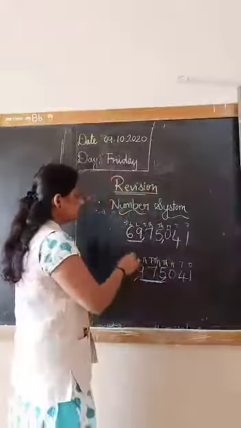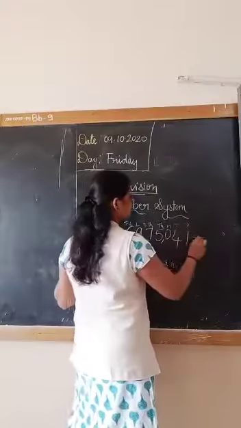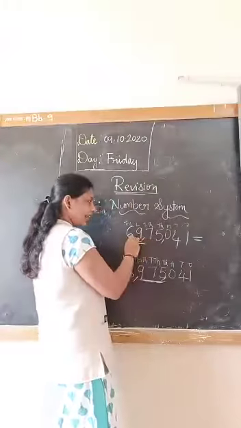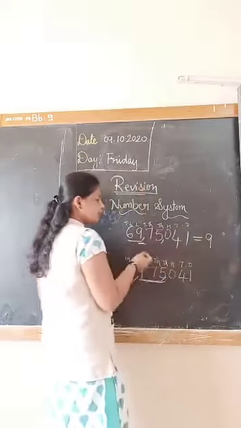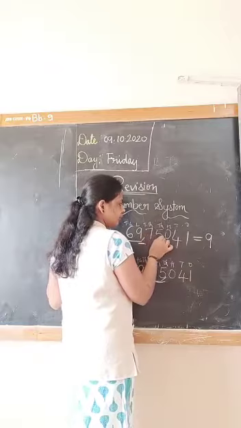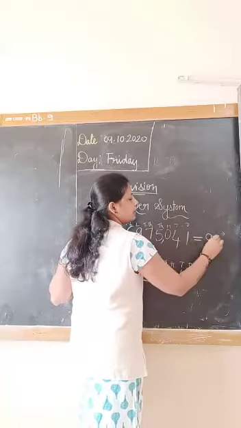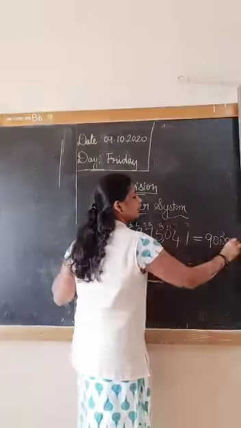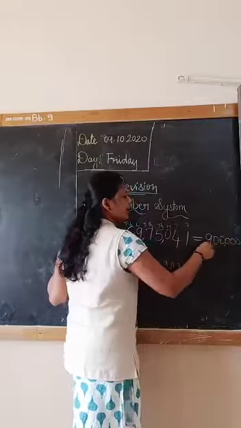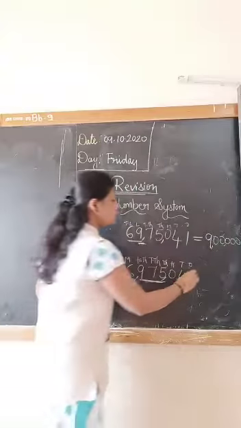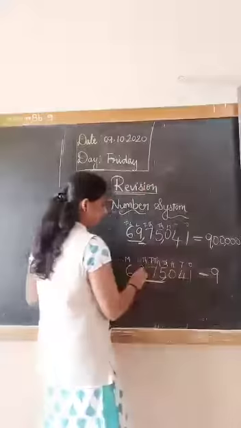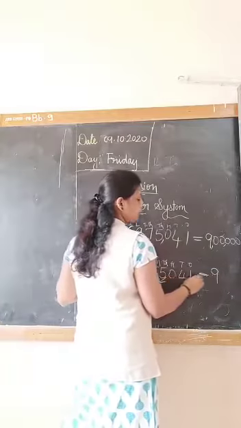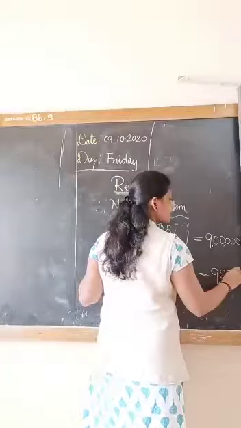Now for example, if you want to write the place value of 9, and 9 is in the lakhs place, so 9 lakh will be the place value. Otherwise, how will you write 9 followed by 1, 2, 3, 4, 5 zeros? So that is 9 lakh. Now, the same 9 is in the 100,000 place and the place value will be 9 followed by 1, 2, 3, 4, 5 zeros. So the number of zeros is the same.